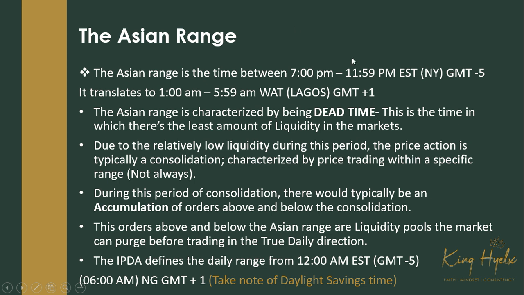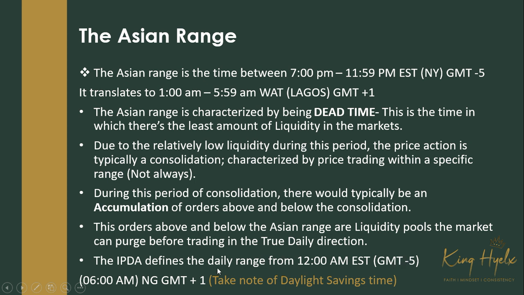So Asian range is basically what wraps up a trading day, right? So for us ICT traders, the beginning of a trading day is what? 12 a.m. New York time, which means when the time is GMT minus 5. Why do I keep emphasizing when the time is GMT minus 5? Because there's this thing called daylight savings time, which I will emphasize later in the video. New York time and other times towards the western side of the world will go back 1 hour, right? And then during some times of the year, they will come forward 1 hour. So right now, the time zone is GMT minus 5 over there, right?